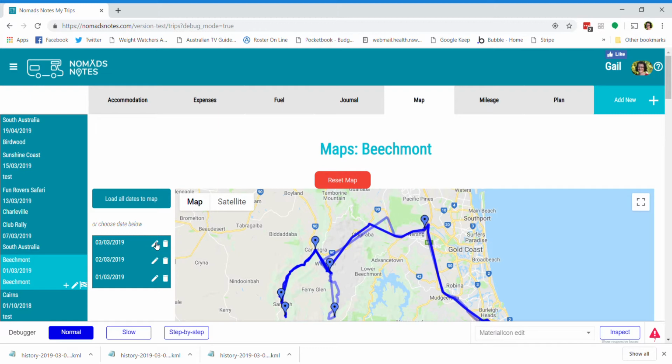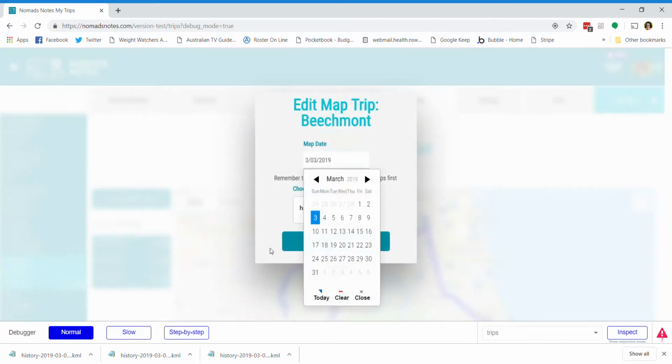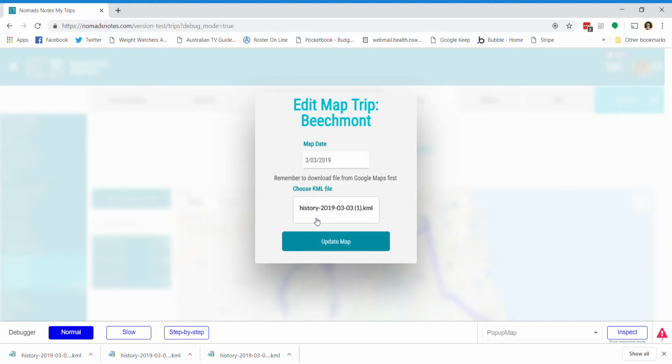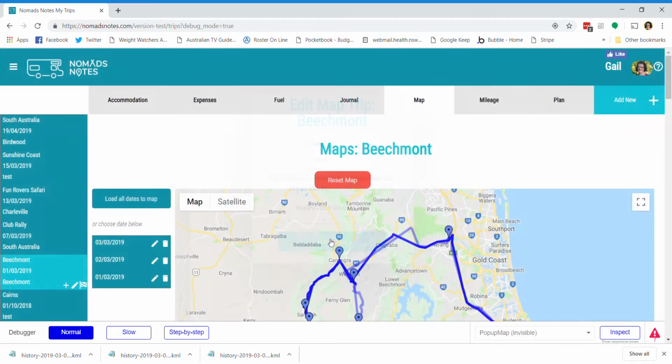So now to edit that map, I can click on the edit icon. I can edit the date, or I can choose a different map just by clicking here. I don't need to edit it at the moment, but I can just choose a different map, or I can choose a different date. And then I can update my map. To delete,